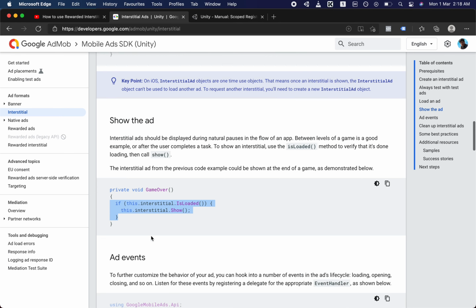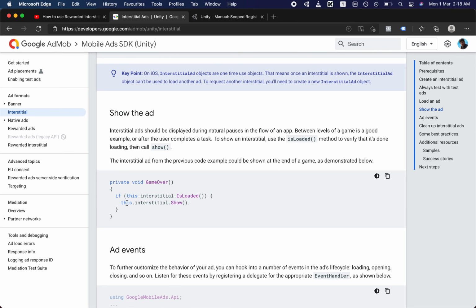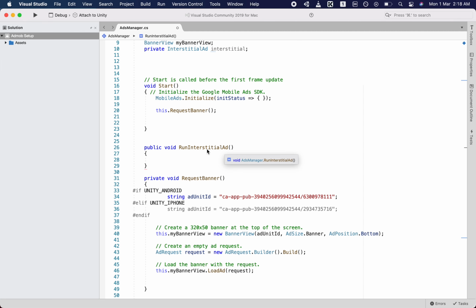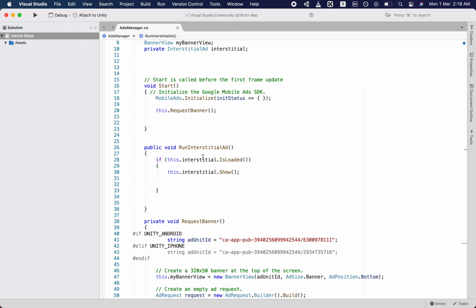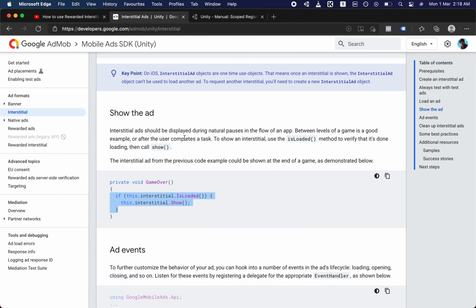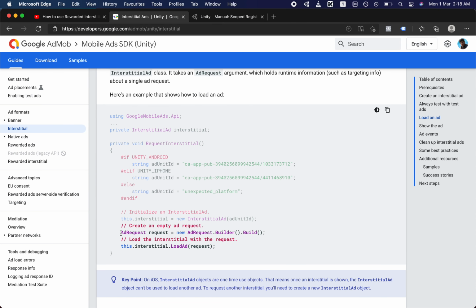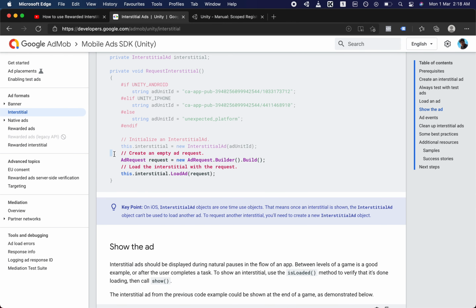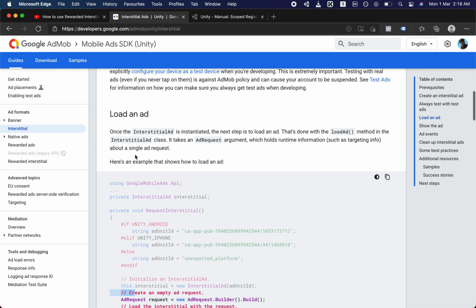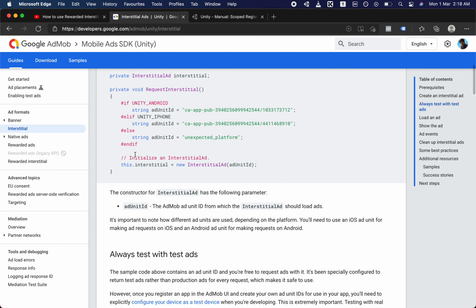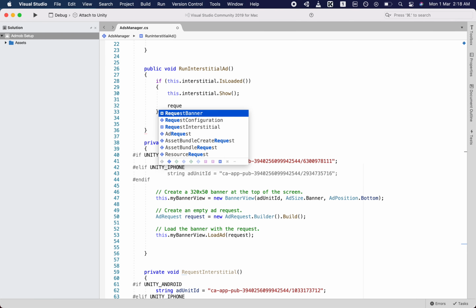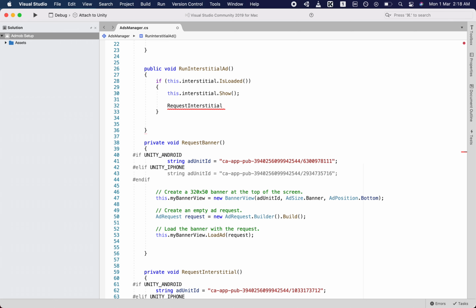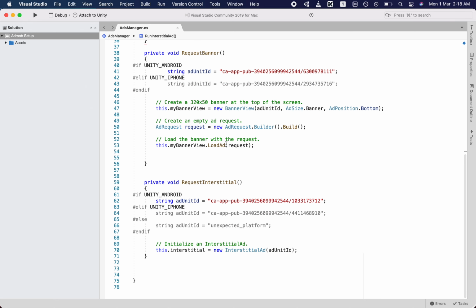Then here, instead of doing this, we will run this one. Whenever the game is over, you can call this method, RunInterstitialAd. If the interstitial is loaded, then do this one: show the interstitial ad. And one more thing we need to do here is to request the interstitial ad again, because once we load the ad, we need to request that ad again.